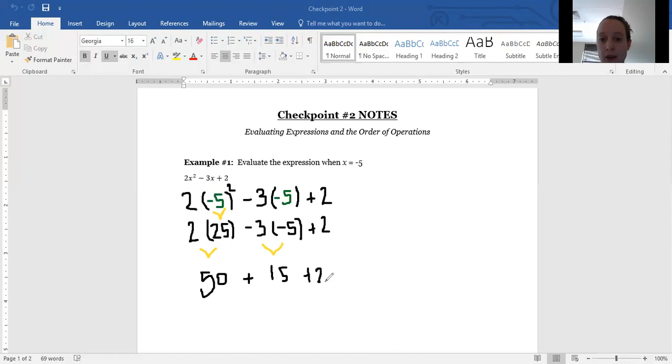Okay, now I'm down just to one thing. I'm down to just addition. And so I'm going to work my problem from left to right now, because I have just adding left. Okay, so I'm going to take this 50 plus 15. When I take 50 plus 15, I get 65. And then I'm going to add it to the